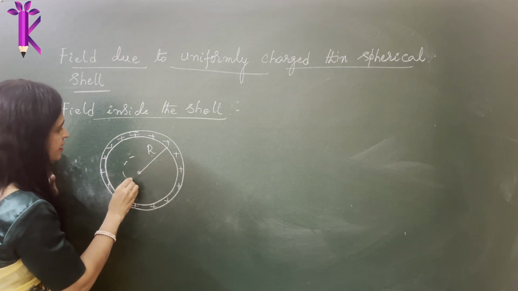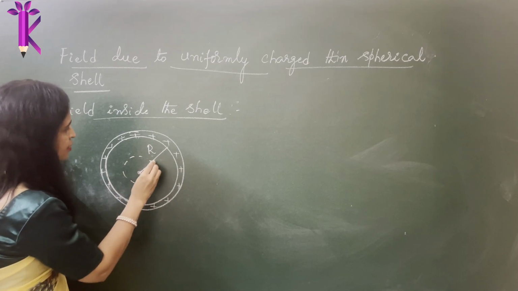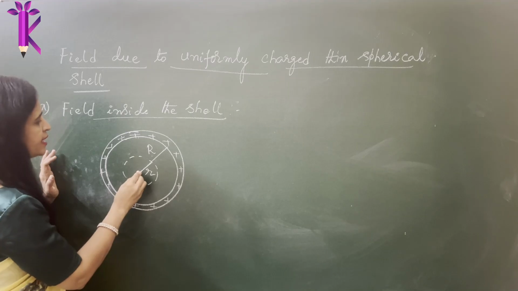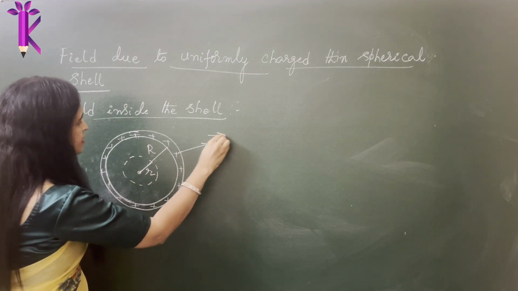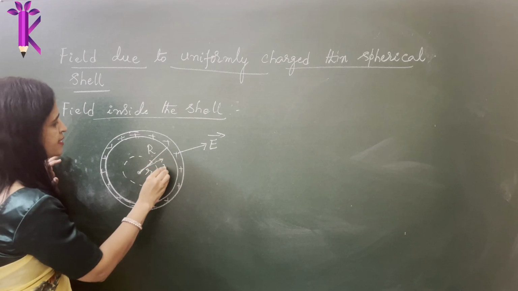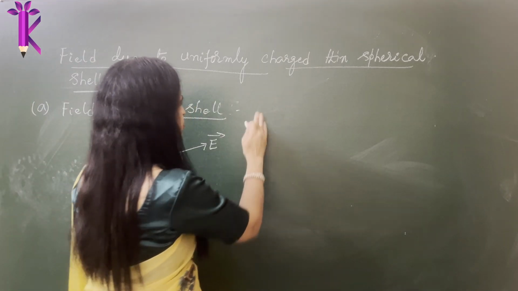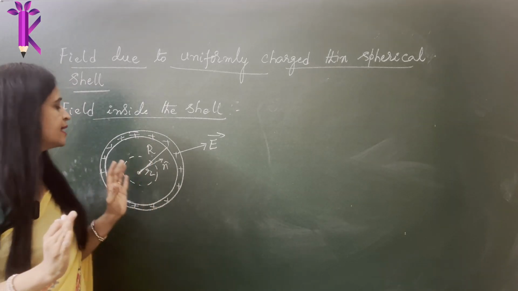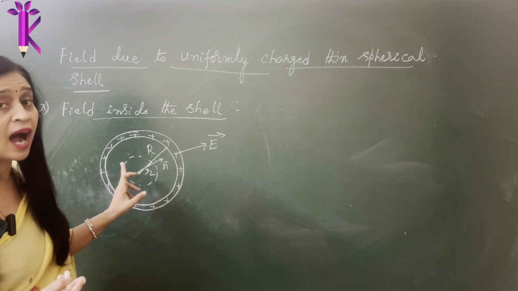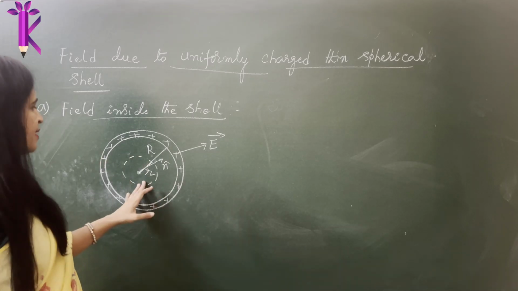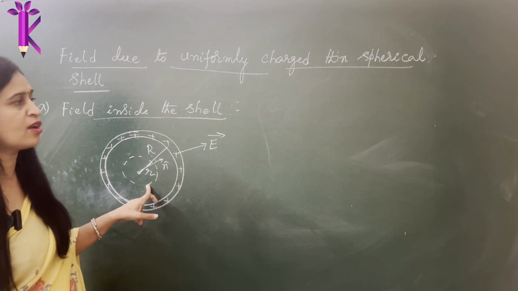Let's consider a spherical Gaussian surface of radius r from the center of the spherical shell. So where is the electric field vector? Electric field vector is in this direction. This is also in this direction, right? So let's write down the total flux. First sentence is, consider an imaginary spherical Gaussian surface of radius r with a surface charge. We can't write a surface charge density because we are only talking about the Gaussian sphere.